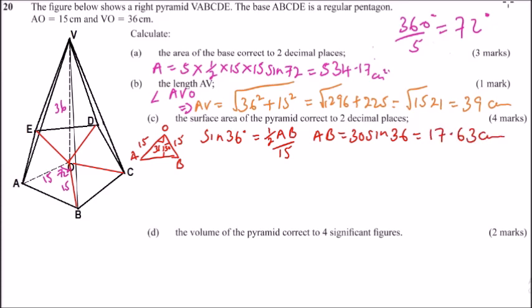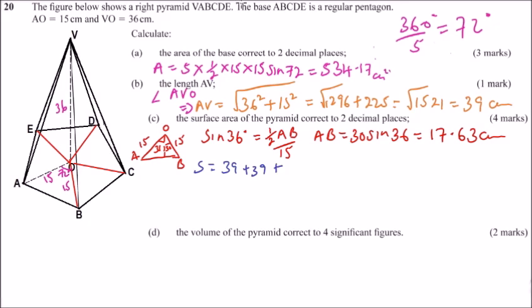Now, using Hero's formula, we get S equals 39 plus 39, that is the 2 slanting sides, plus AB, which is 17.63, and you divide by 2. That is how you get S. So that will give you